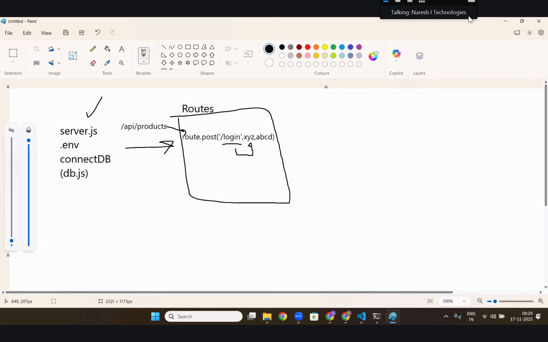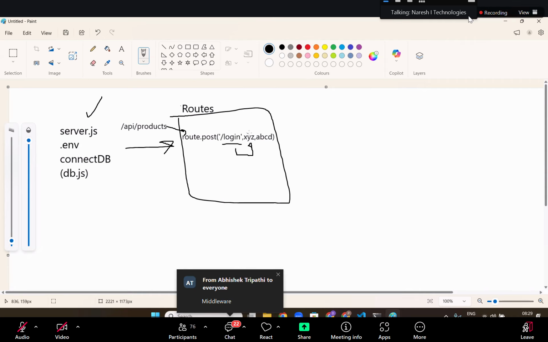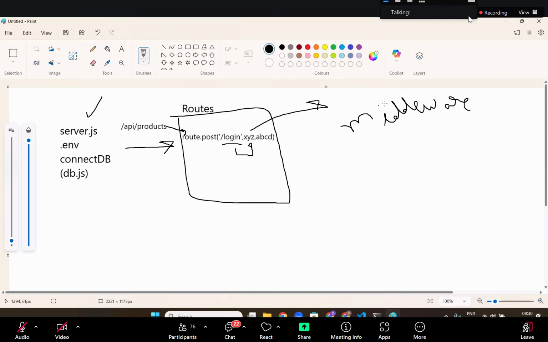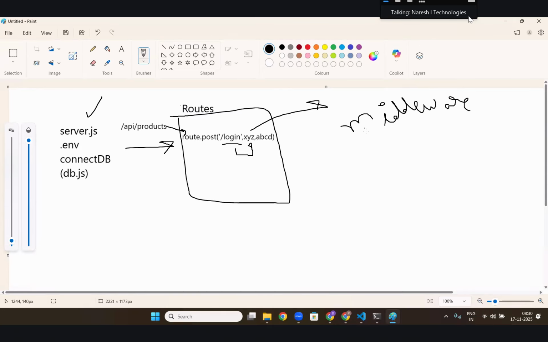What is it called? Middleware. So XYZ is a middleware. It will go to XYZ, and you will create one middleware, sir. And this middleware will say next. If middleware says next, then only it will come to the next one.